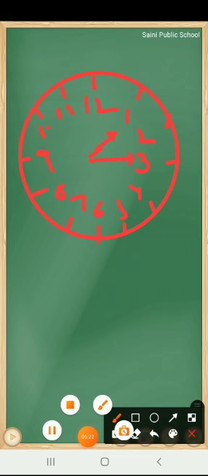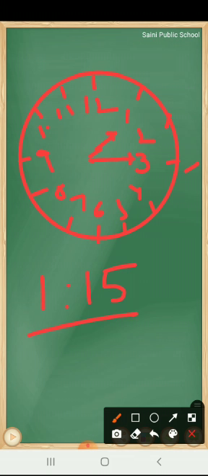Okay, now what is the time by this watch? We will write the time simply by, now our hour hand is at 1, it means 1 double dot. Now the minute hand is at 3, so we multiply 3 by 5. 5 into 3, 15. So 1:15. So what is the time by this watch? 1:15. So in this way we can read and write time.